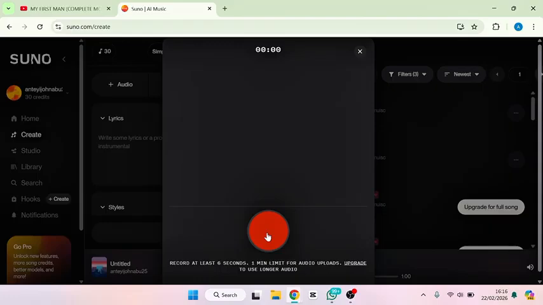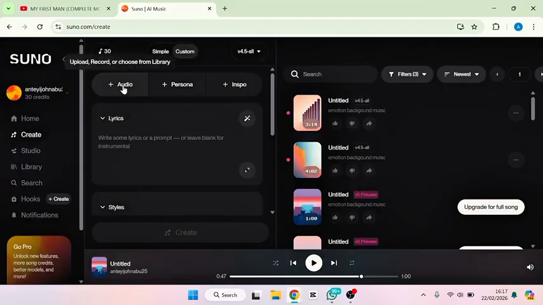So if I click it, immediately it will start recording my voice. But I don't want to use that because my voice is terrible. Let me not scare you. So what I did was that I asked a student of mine to help me do a voice over in the language that I want to use. So there are two options. If you notice, there are two options. Either you upload it or you record it.